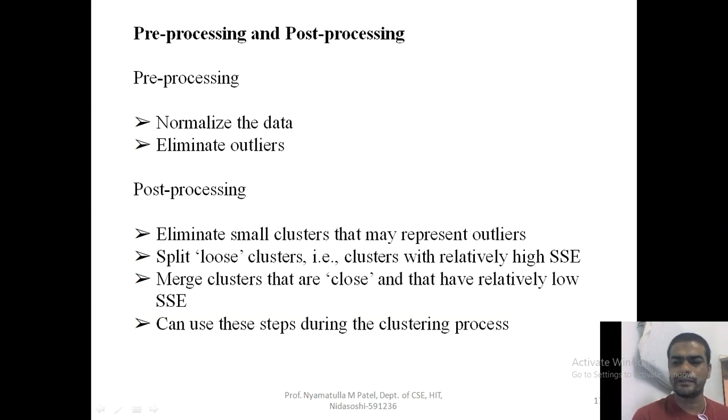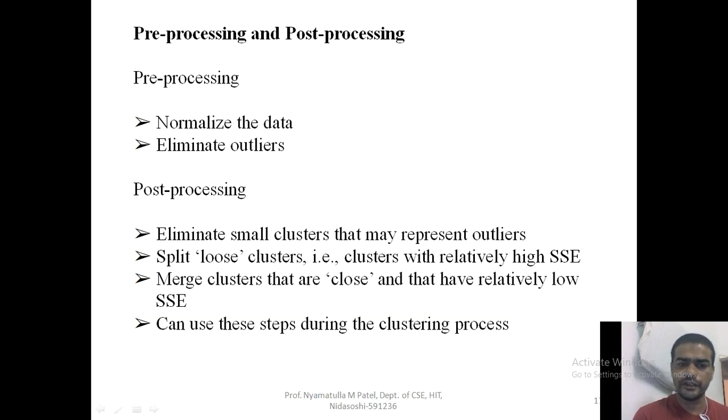Outliers are nothing but the points which are not a part of your cluster, or the points which are a part of the noise. Those noise points or outliers have to be removed. So this is what we need to do before applying the k-means algorithm. Next, coming to the post-processing, when you normalize the data and eliminate the outliers,